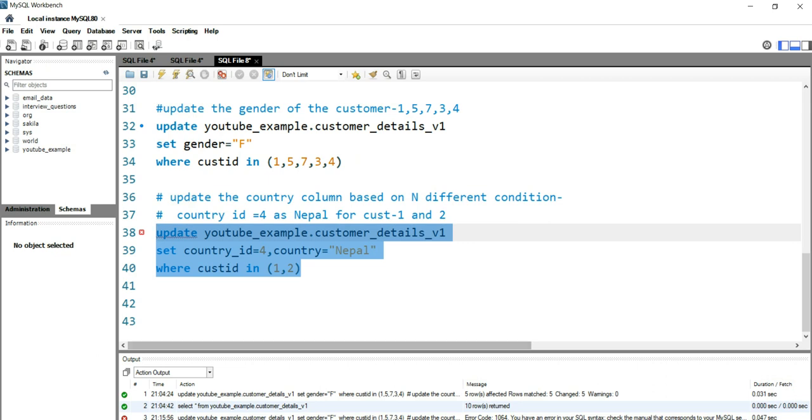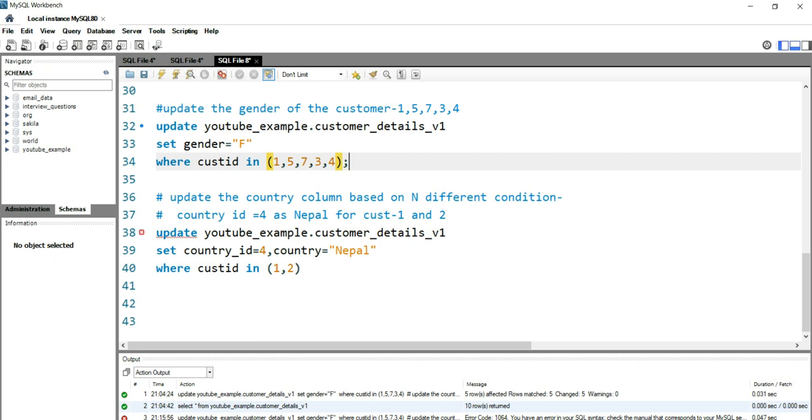So there is an error, and the error is because in our earlier query we have not closed this query. So we have closed this query now, and you can see that the error mark is gone. Let's run this query again.